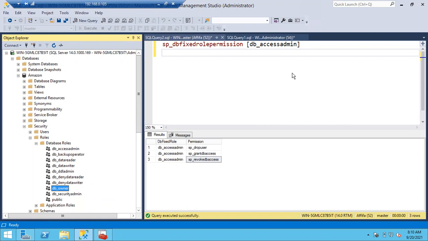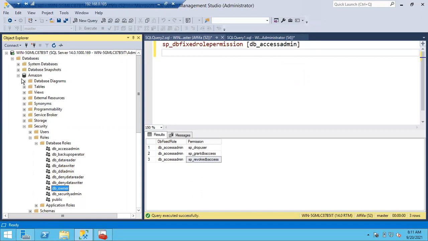In other scenarios, why? Because what is the main challenge here? I cannot make everyone a sysadmin. Then they can delete the tables, they can delete the databases, they can delete the logins, whatever they want, they can do it. They can change the passwords of other logins. Risky, right? So I cannot make everyone a sysadmin. If you are a member of any other role, you cannot access the other databases. For accessing the databases, you should be a member of any of these roles.